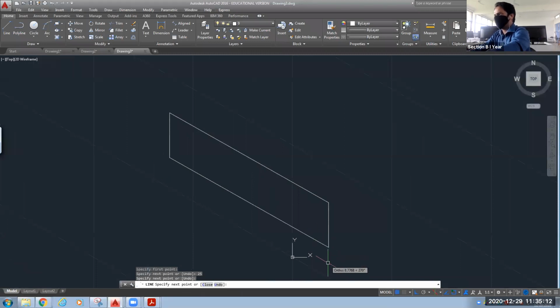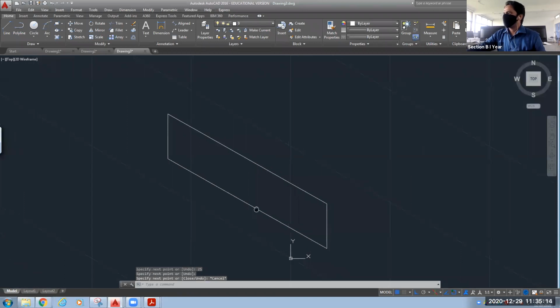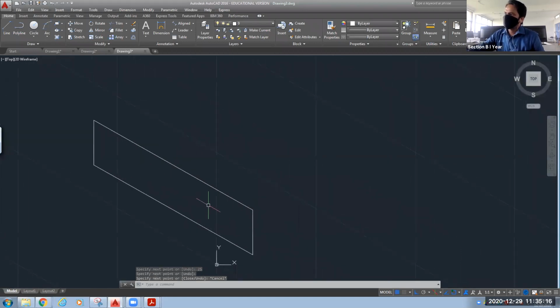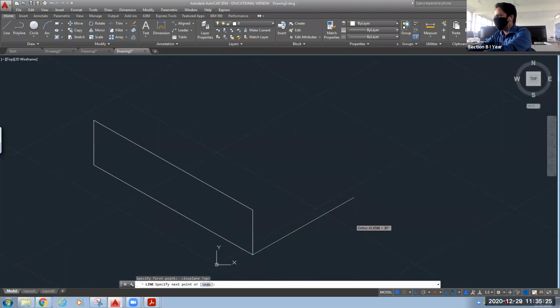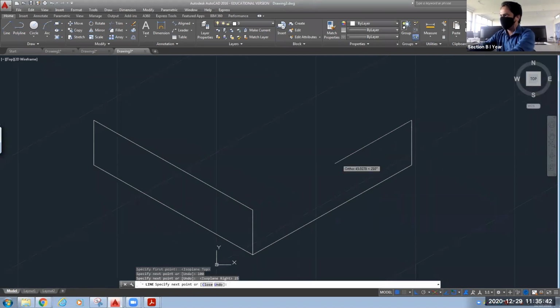Close this box. Okay. Now, to complete this box, I need to change the plane. F5 key, press this side, keep it as 100. Okay. Height, 25 height we have taken.